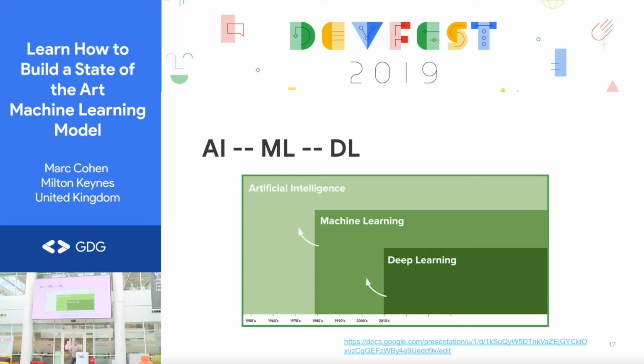In the 80s and beyond, this technique of machine learning started to come to the fore, where we're now trying to get software to learn the same way we teach humans to learn. Deep learning has been really the biggest breakthrough of all. It's a way of building neural networks to produce machine learning software that's turned out to be very powerful and very effective. That's really what we're going to focus on today.